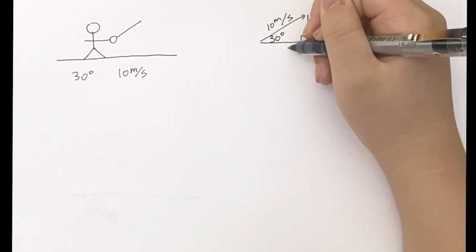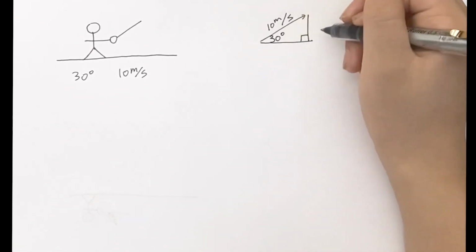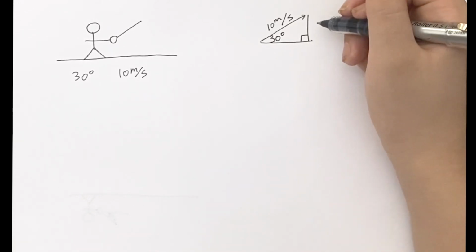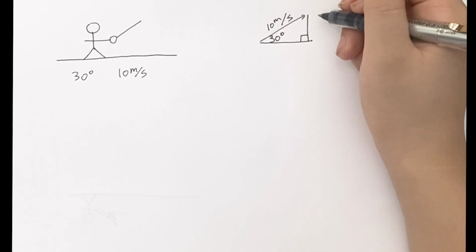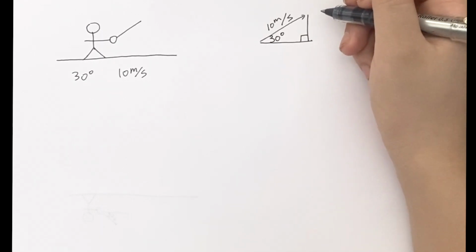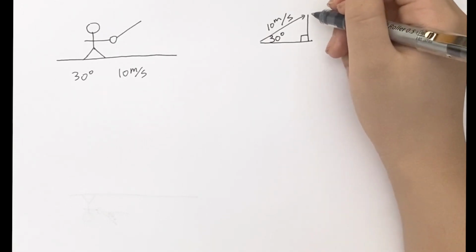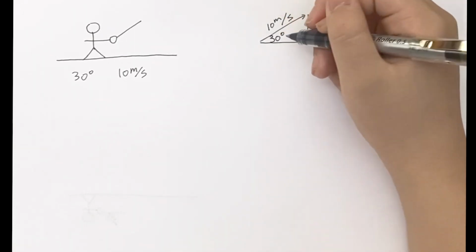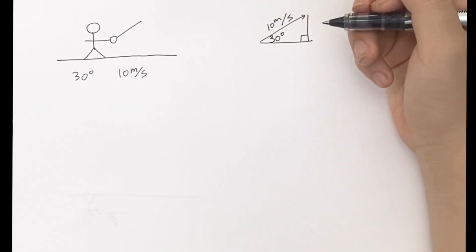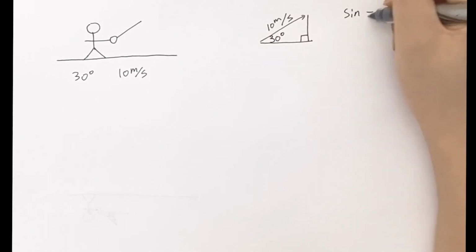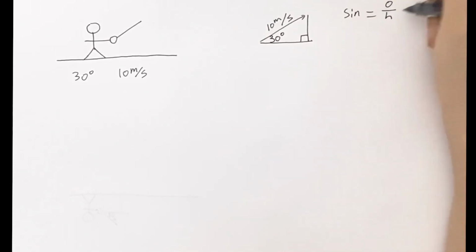So this will be the x component or the horizontal component, and this will be the y component or the vertical component. Let's start by finding the vertical component. By the way, this uses trigonometry, so if you haven't learned it, you should first learn about it. Since this vertical component is opposite the angle, we should use sine, since we need the opposite and have the hypotenuse. So since sine is equal to opposite over hypotenuse,